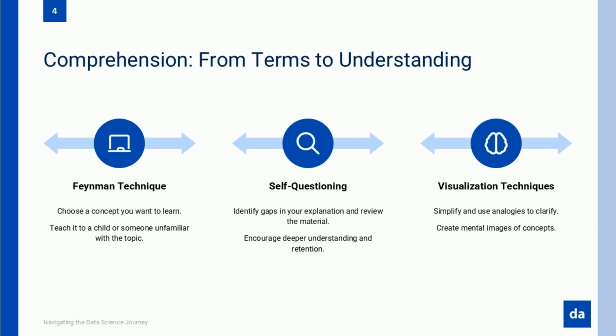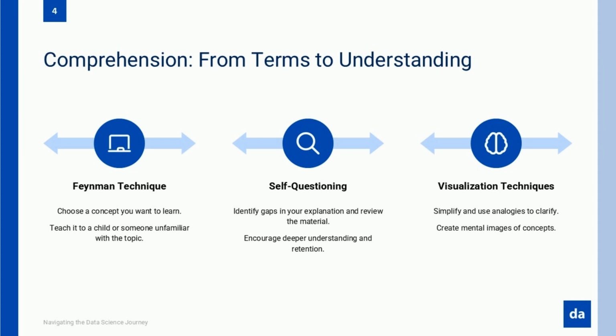Take the concept of statistical significance. Many can repeat that a p-value less than 0.05 is significant, but fewer understand what this truly indicates about the data or the limitations of this threshold. Surface-level recognition might get you through a multiple-choice test, but it won't help you make sound analytical decisions when the